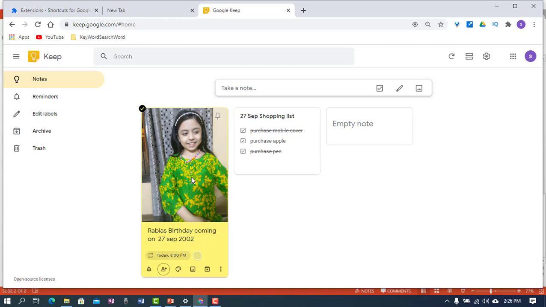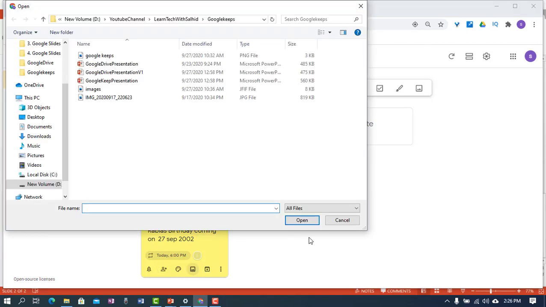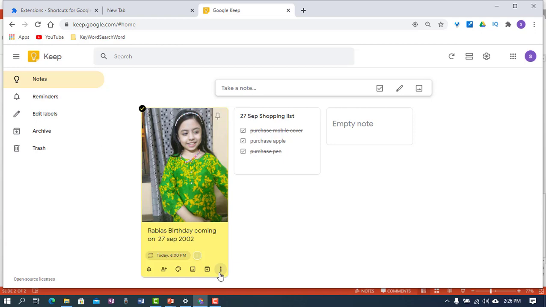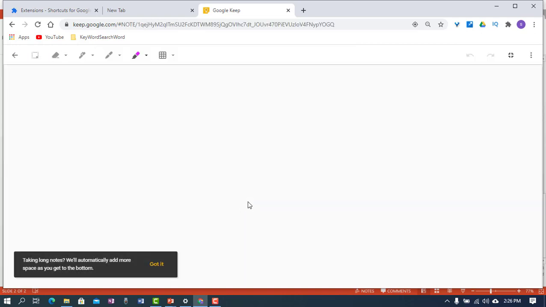Now in this way you can create a task and invite people. In the same way, if you want to add an image, we already added an image. If we want to add some drawing, for example, I want to write down something, you can just click on this icon and choose a pen and color and the thickness of the color. For example, I choose a purple color with the highest thickness. Here I can write